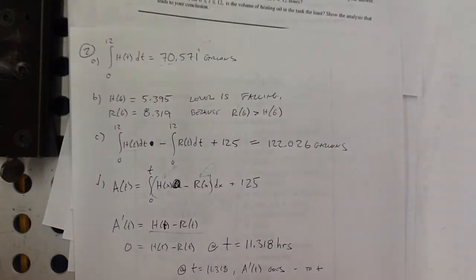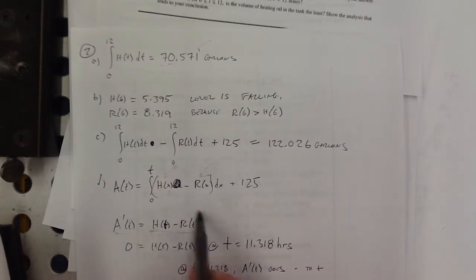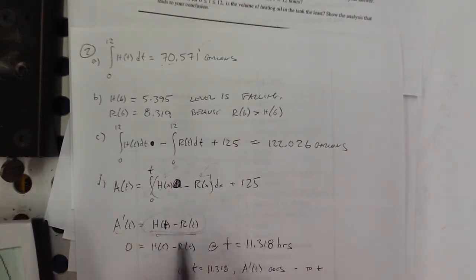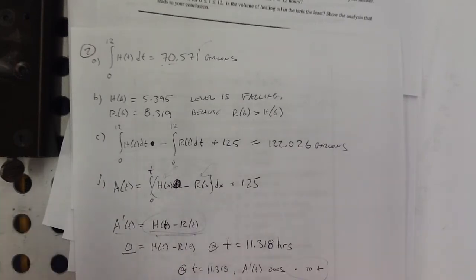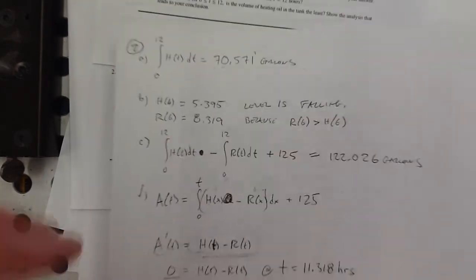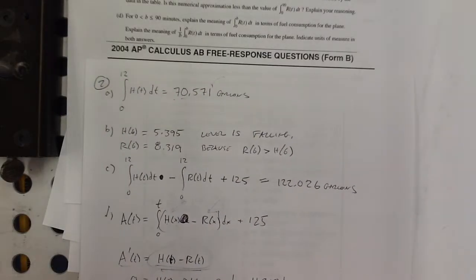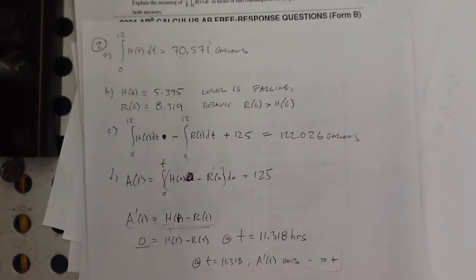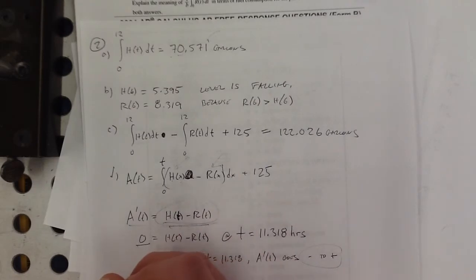You also could have just graphed this instead of graph the two of them and see where they're equal. Then you're looking at the 0, and then maybe that would be more convincing. So either way, we should be good there. Okay, that's number 2. And number 3 here, I've got